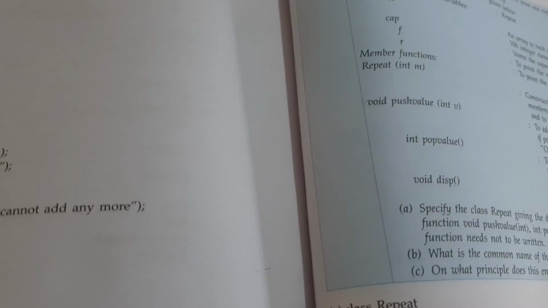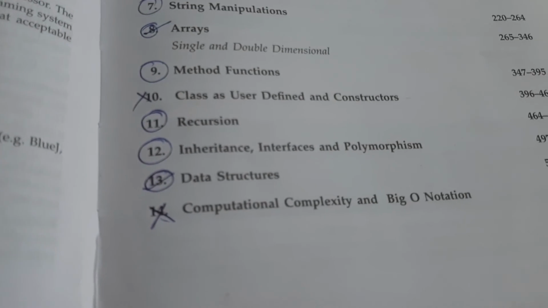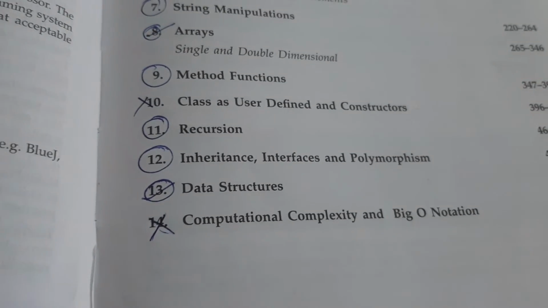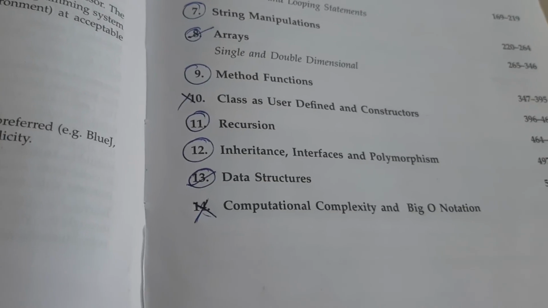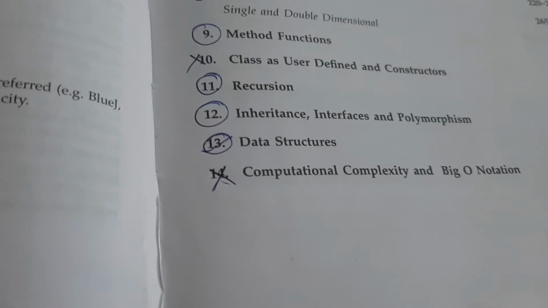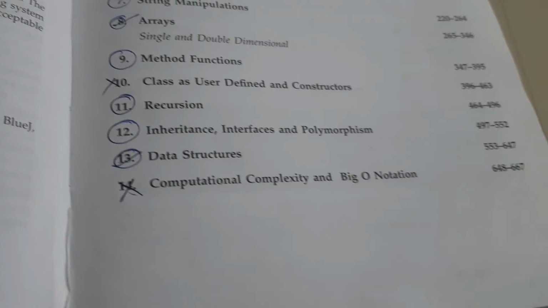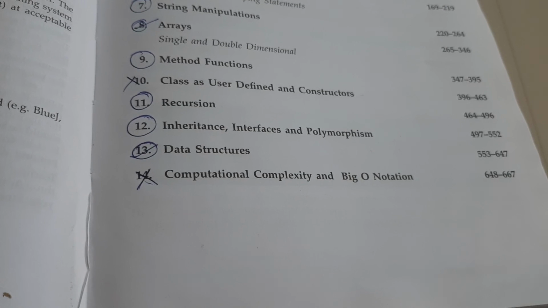Next class we will see the other chapter, but for your unit test, let me tell you, your data structure unit test portion will be chapter 13. You study the unit test portion from chapters 11, 12 and 13. Or chapters 12 and 13, study chapters 12 and 13 for your unit test. So please practice the programs, practice the things that we have learned, and practice the data structure.